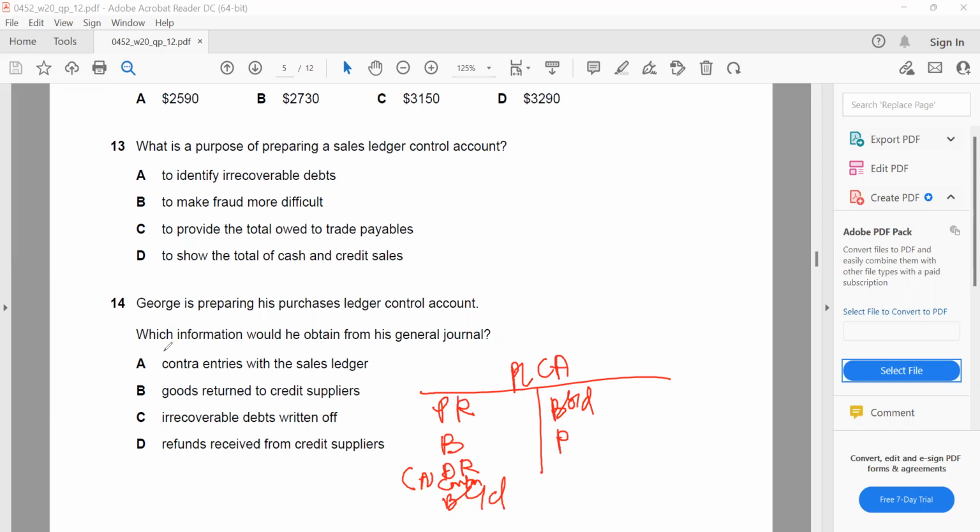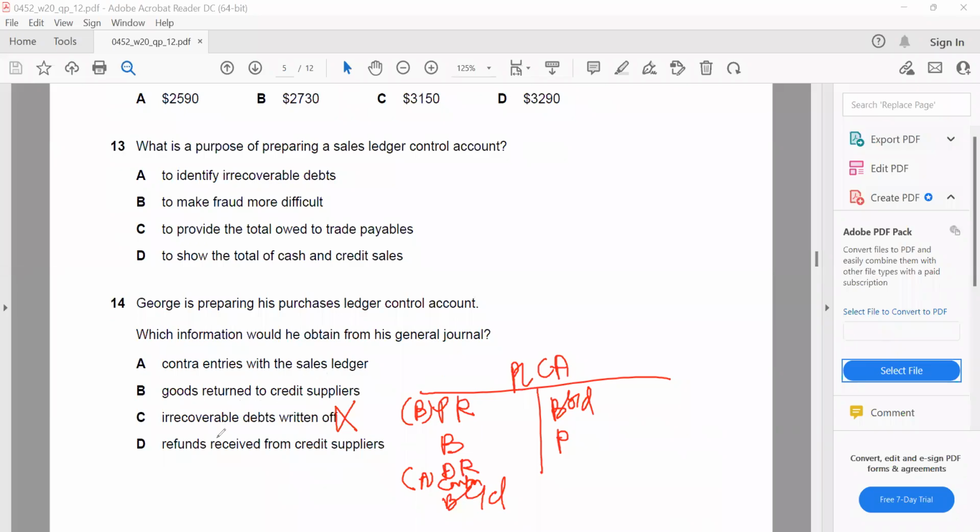Okay. Next is goods returned to credit customer. This is the B. Irrecoverable debt returned. This one would not. Refund received from the credit supplier. So when the supplier makes a refund, it will be sitting in here. This is more toward a refund. So all this one,